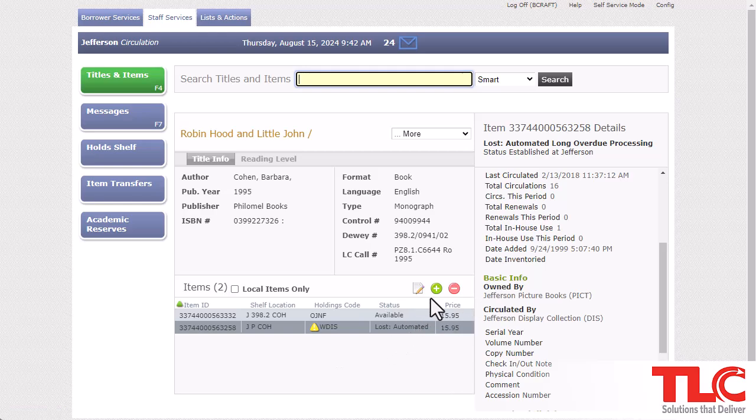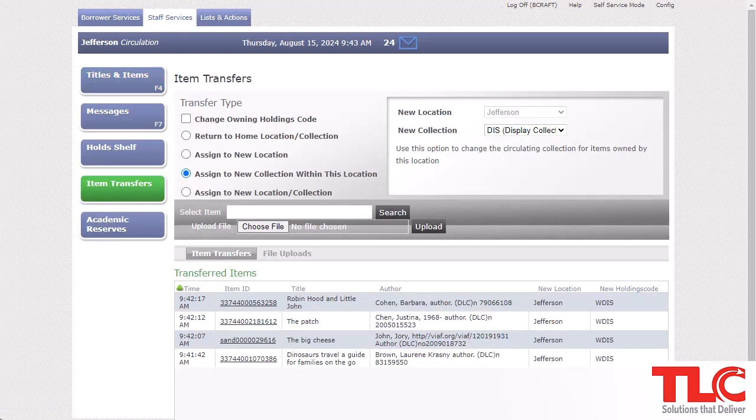If I click on the edit button, or if I look on basic info, I can see that initially that was owned by the Jefferson Pictures Book Collection, and now it's being circulated by the Jefferson Display Collection. I'm going to go back into item transfers, and when I'm finished with all of those books, having them on display, they've been out on display for a while maybe, and now I'm ready to transfer them back